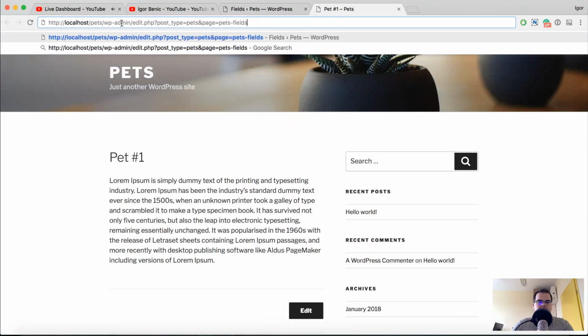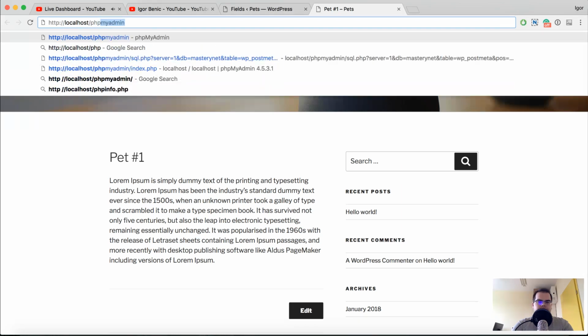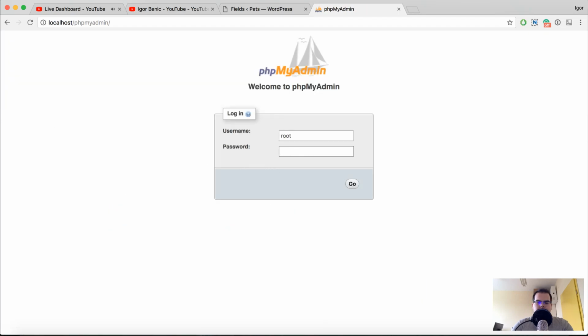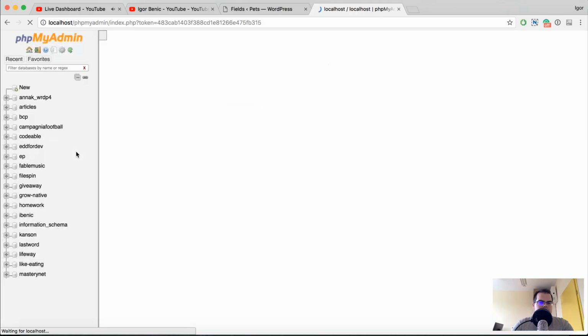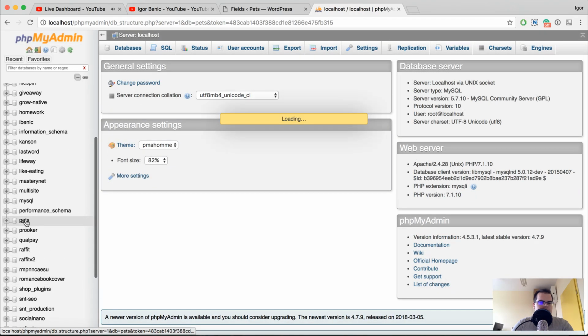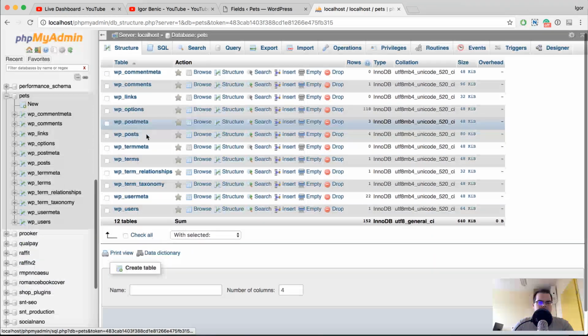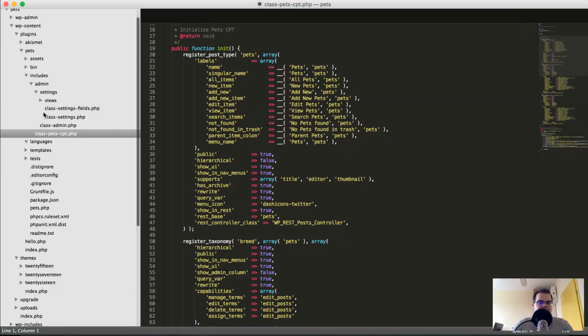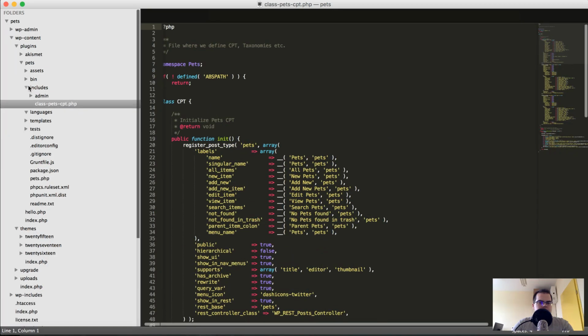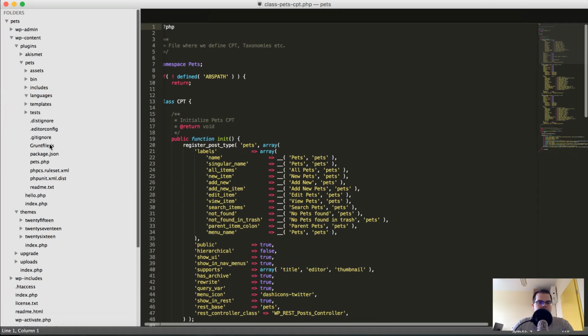Let me just check if I have the phpMyAdmin. Here it should be here, and it should have the pets database. Great, so this is it. So we have a pets database. Great. And now I want to continue working on this. So the database, actually we want to go,